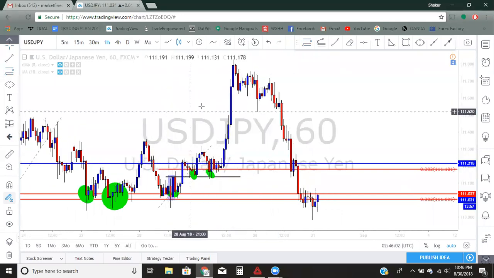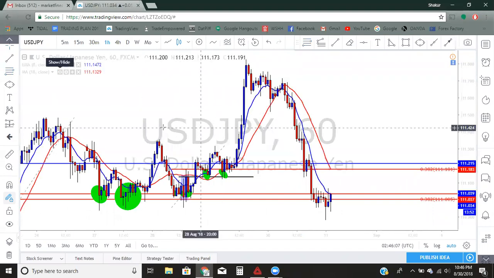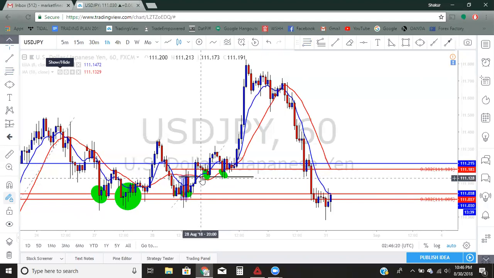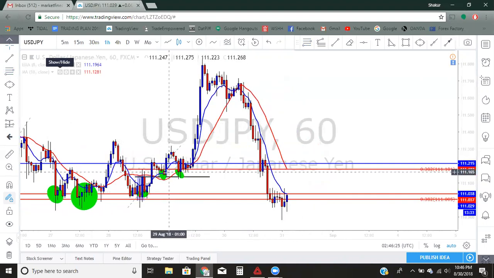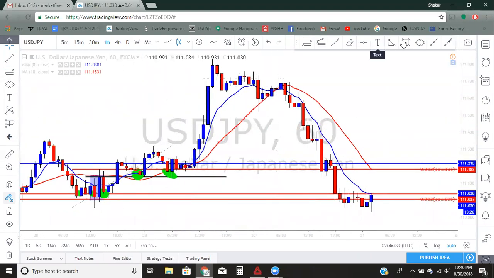Now if I was to do extra confirmation, my extra confirmation would have been the EMA crossovers. Down here off my first entry, the EMAs were bearish: when the blue is under the red, it is bearish. Off this push up, I saw that the blue crossed back above the red, which made the market bullish. Then inside my second entry off the double bottom in the 382, it was just respecting it and gave me another bullish engulfing,